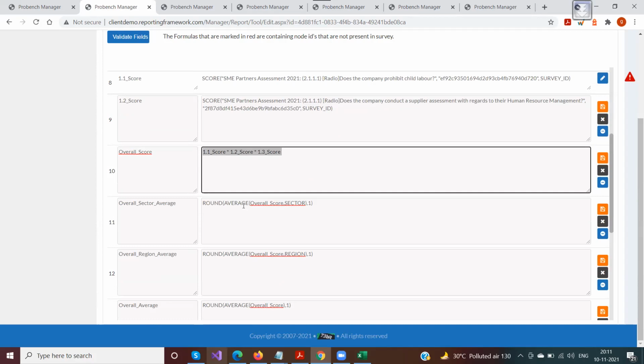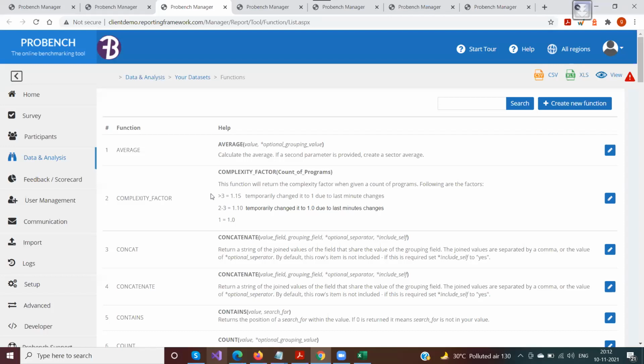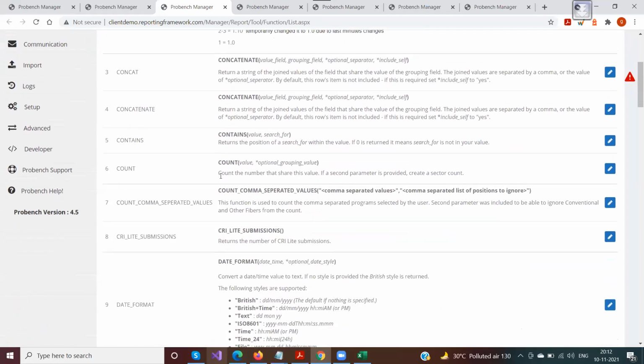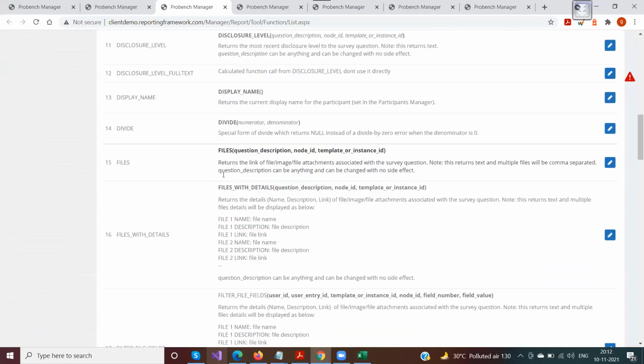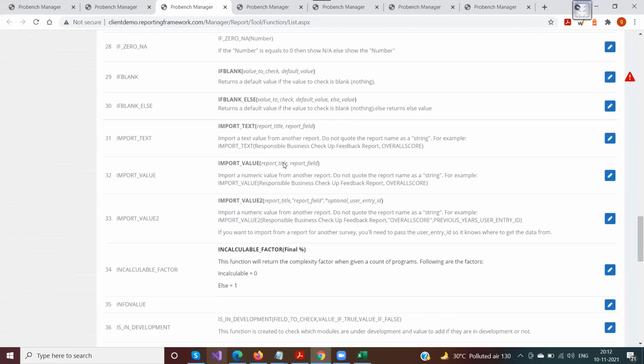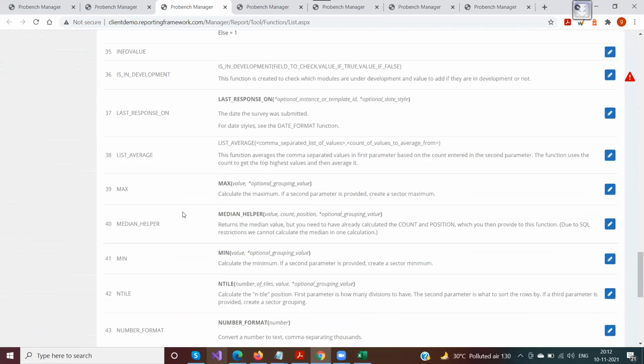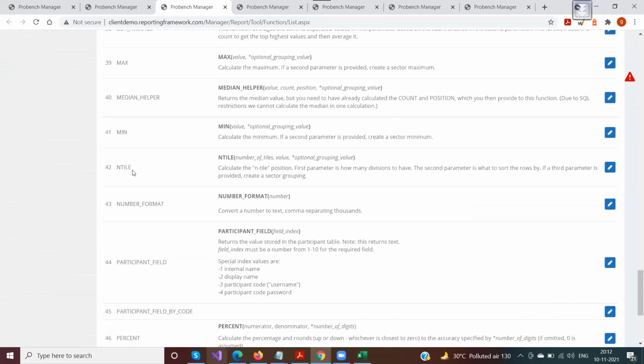Another set of functions is the average, or maybe you can say the aggregate functions. There are lots of aggregate functions available as well. Like there are averages, ranks, and others. Let me show you the min max thing. Then there are entile and quartile.